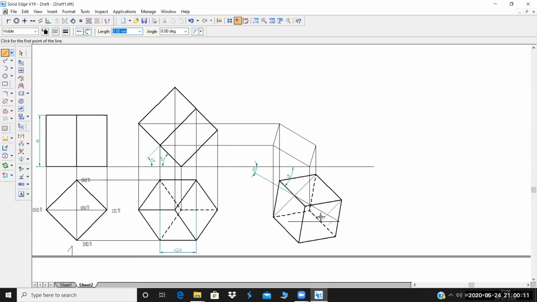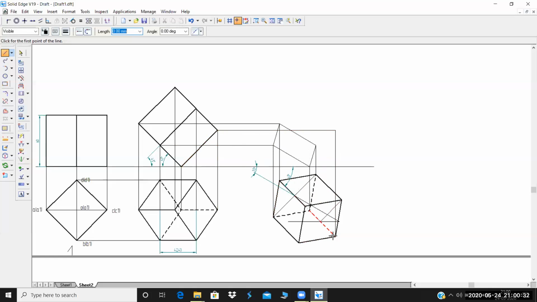After this is done, go for the top face. Sorry, the top face is this one. Now if this is C1, this is C. So this particular point C is here. Make sure alignment indicator is on.